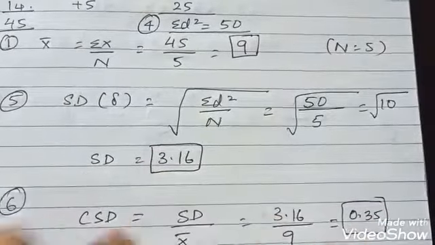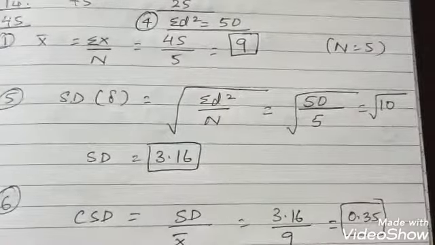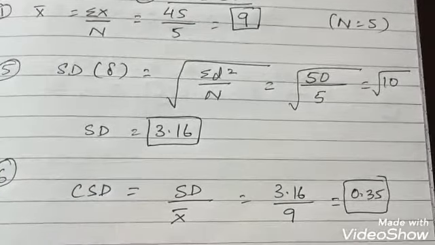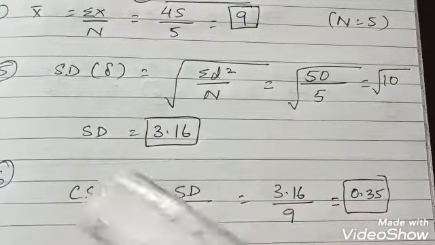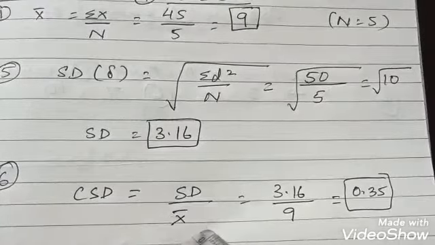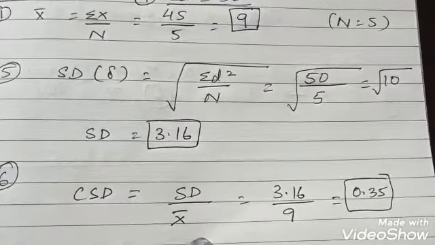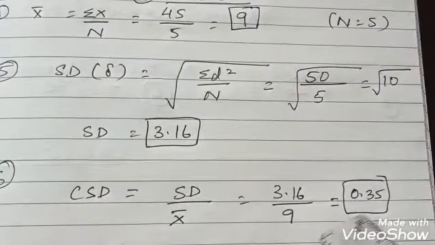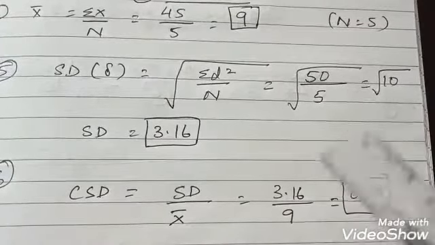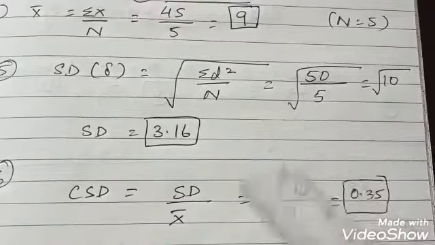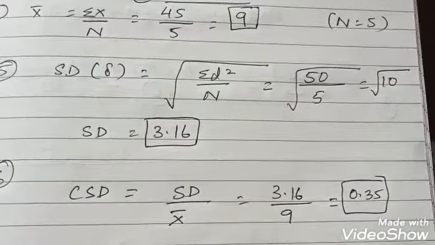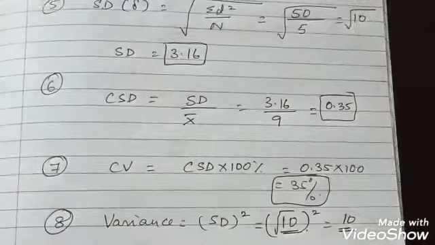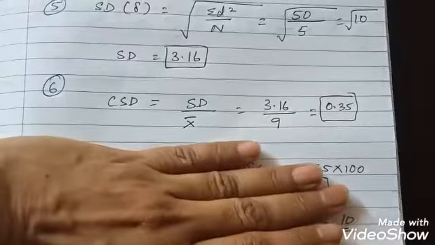So अगर आपको question आएगा only standard deviation, then your sum is completely done here. Suppose you get a sum, calculate coefficient of standard deviation. Then it is standard deviation upon actual mean. When I say actual mean, ये जो 9 तुमने निकाला है वो है. So 3.16 upon 9, which is 0.35. So I've already told you, whenever you are calculating a coefficient, be it any numerical, any methodology, it has to be less than 1. So अगर आपका coefficient of standard deviation आ गया, your sum is done here.